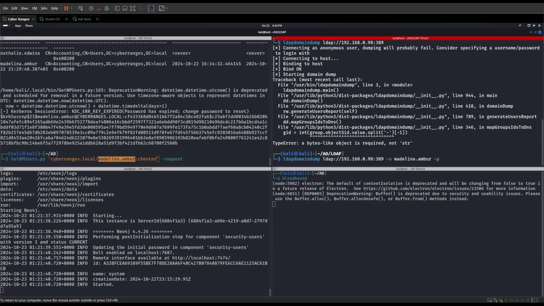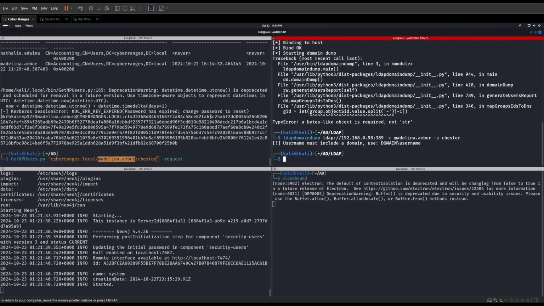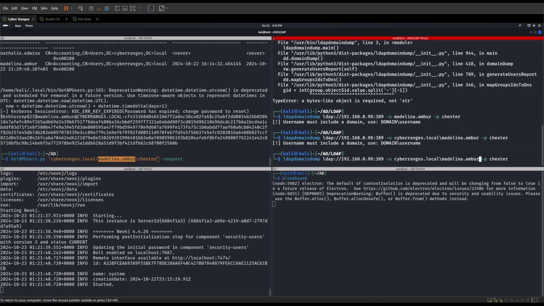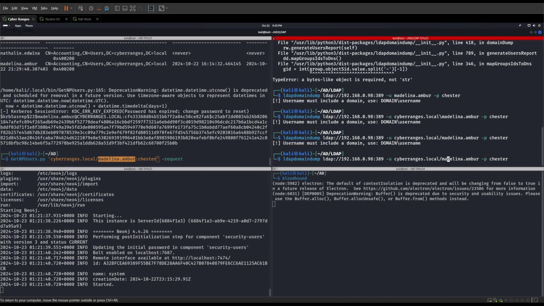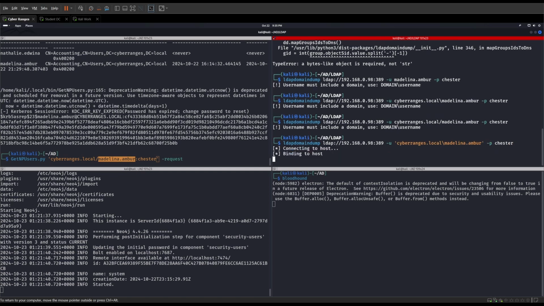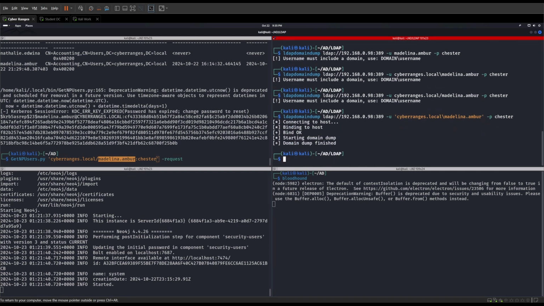Tag P, our password. We can go ahead and try that. All right, username must include a domain. We'll say it was cyberranges.local. And I don't know which way it wants the domain. If it's like that, yep. So slash, even though it says like that, slash has to be this way. Or we need it to actually be in quotes. It might have to be in quotes like right here. All right, needed to be in quotes. So now that we did this,